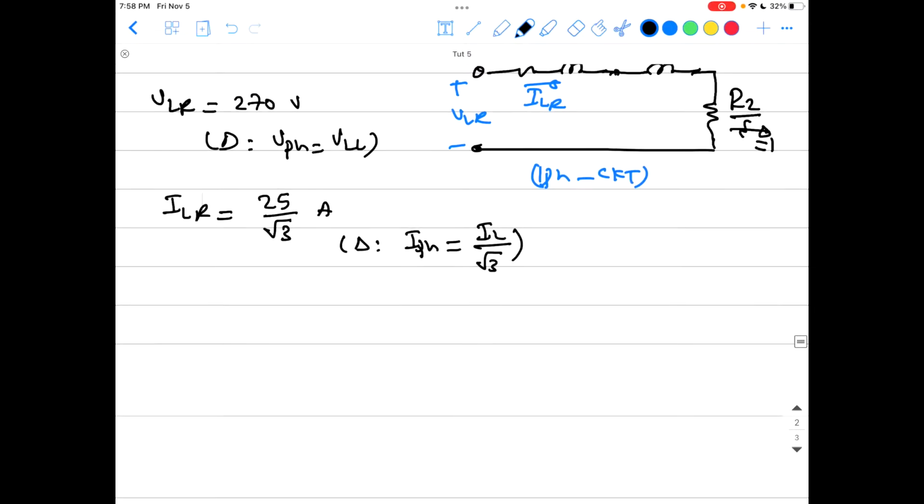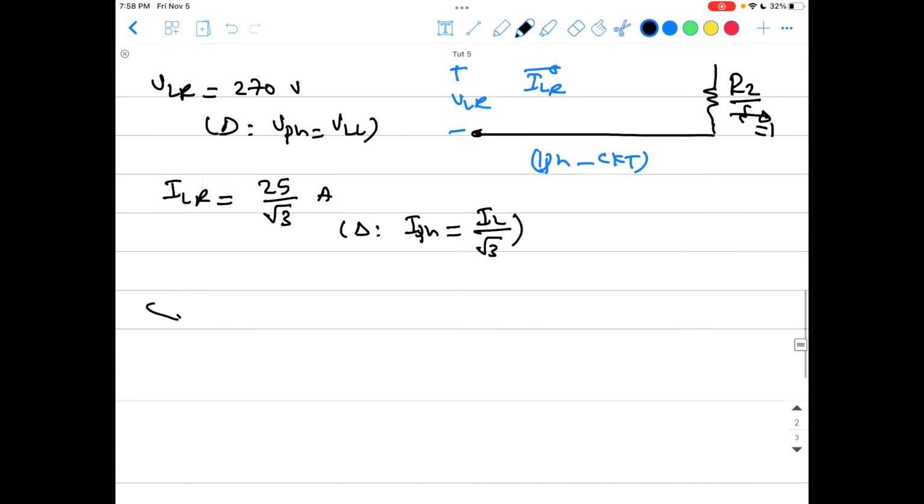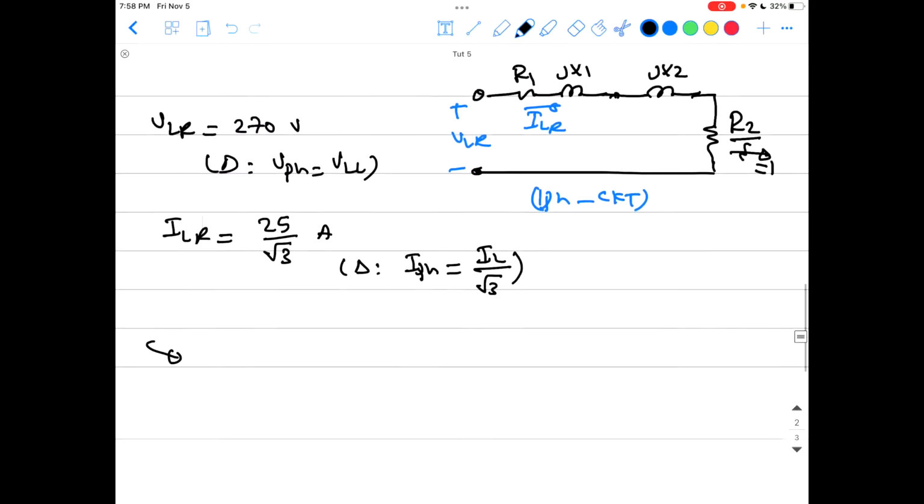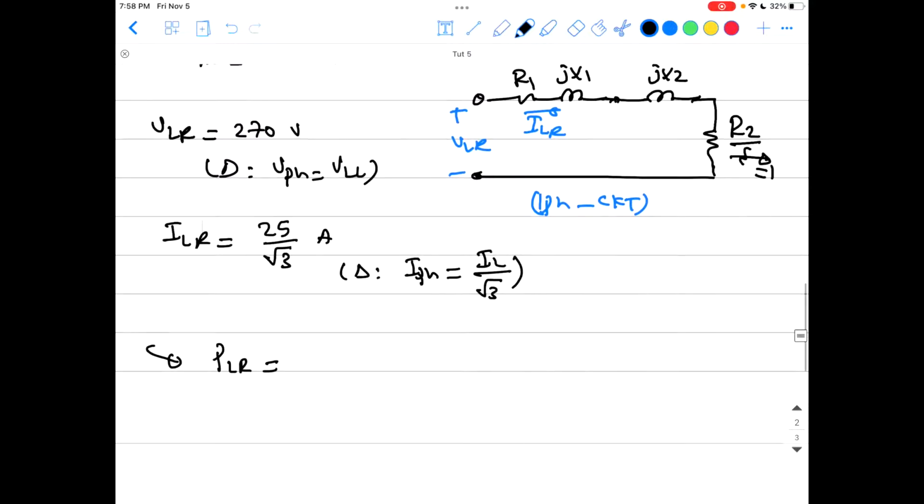Okay guys, and now we can just do it. You just say that the P locked rotor here, from this circuit, you just have two resistances, so the active power dissipated in those resistances will be 3 I locked rotor squared times the total resistance here, which is R1 plus R2. Okay,